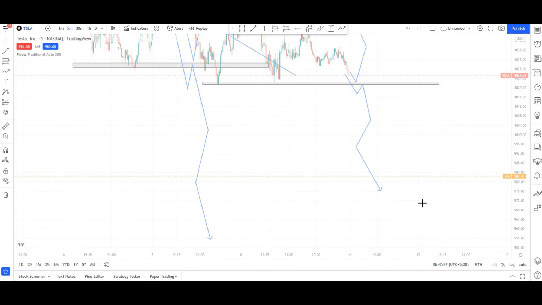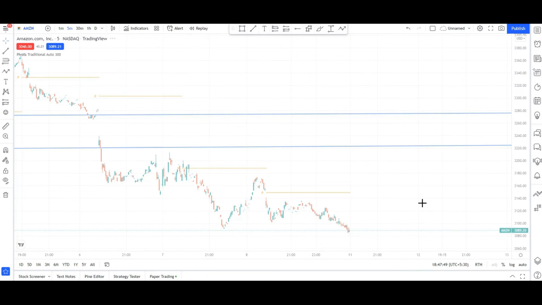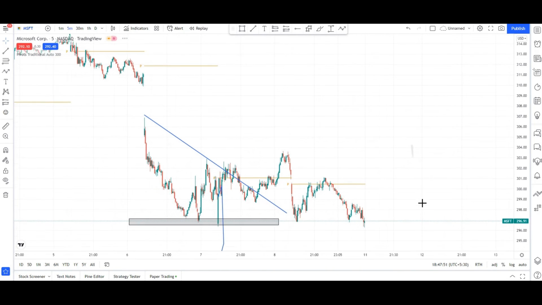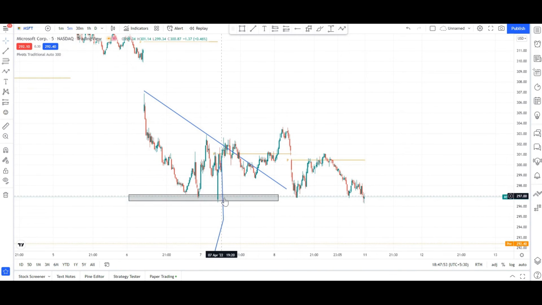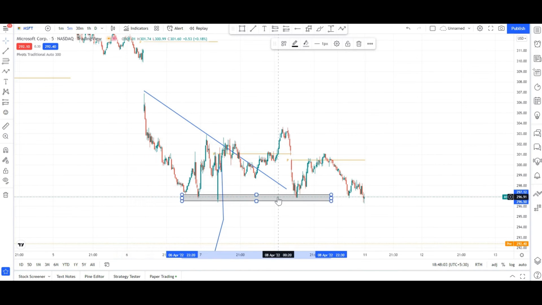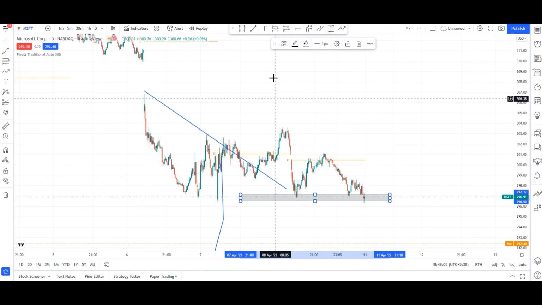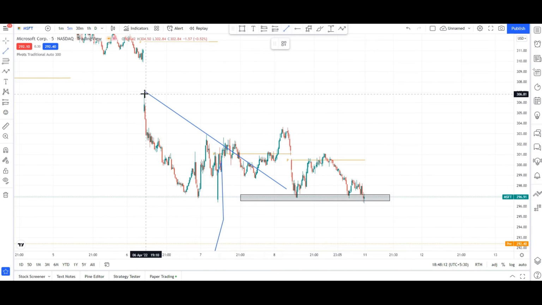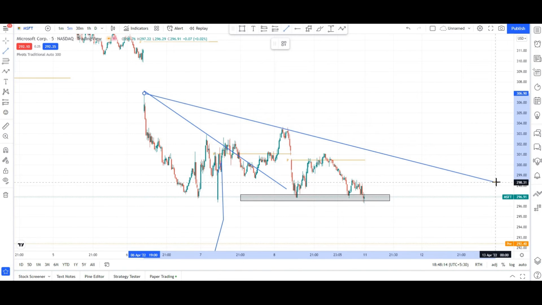Okay guys, we can see also in Microsoft guys. In Microsoft also it took exactly here only support. You can see that after that it took a resistance breakout and gave us very nice target, but it became a sideways market right now. So what I'm seeing here is that one of the major trend lines is here guys. Just a second, you can see here. Okay guys, somewhere here